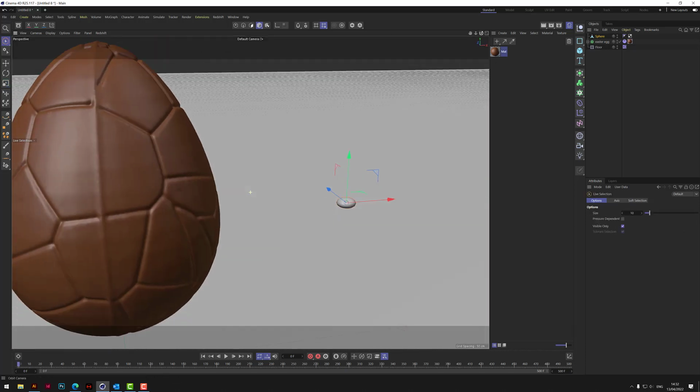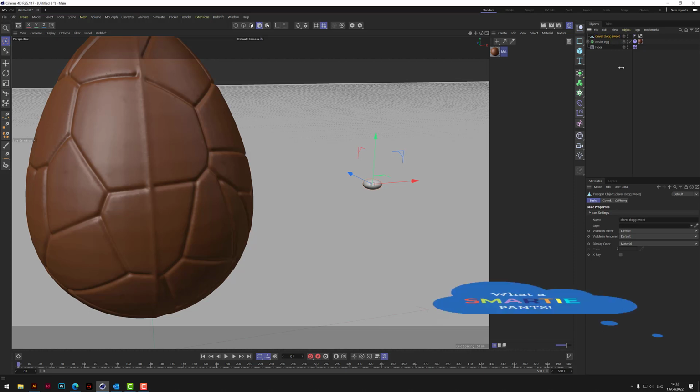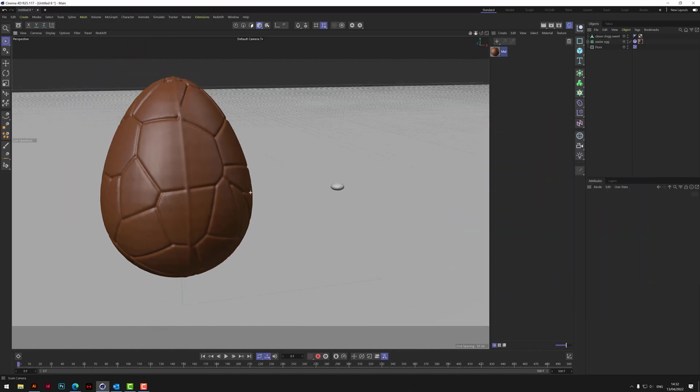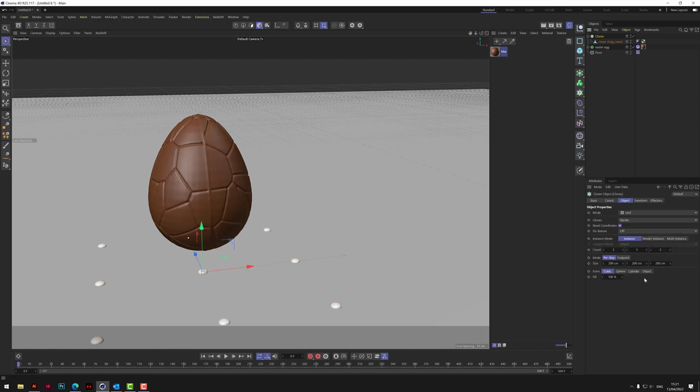Can you tell what it is yet? Okay, so we'll call it a Clever Clog suite. Clever Clog sweets. There we go. Now what we do is we're going to grab a cloner. Right, and let's put the Clever Clog suite into the cloner, and then we need to adjust the cloner to